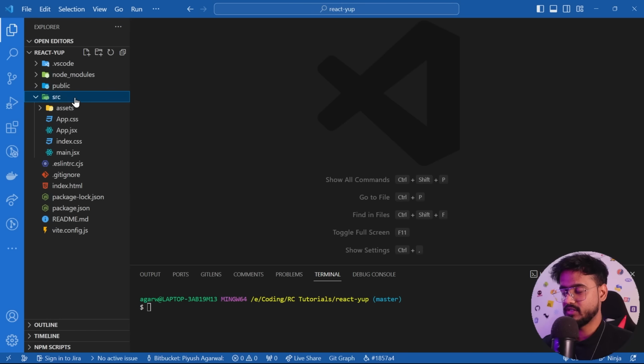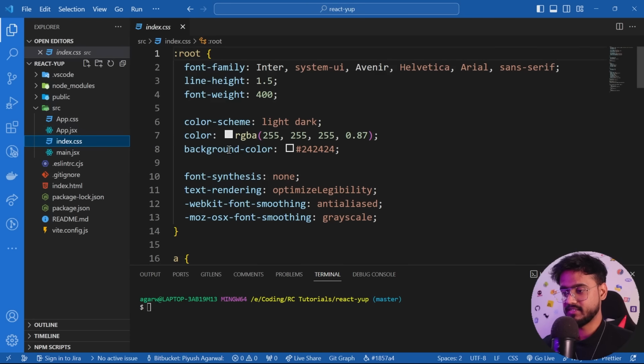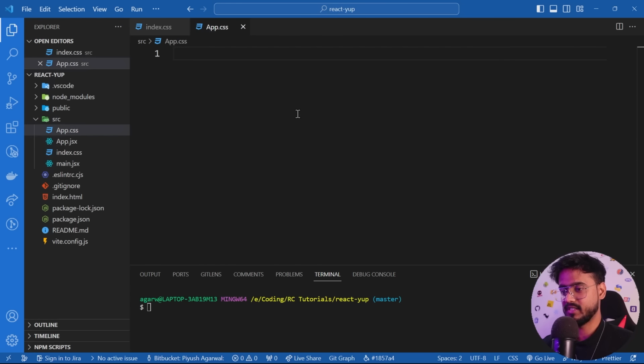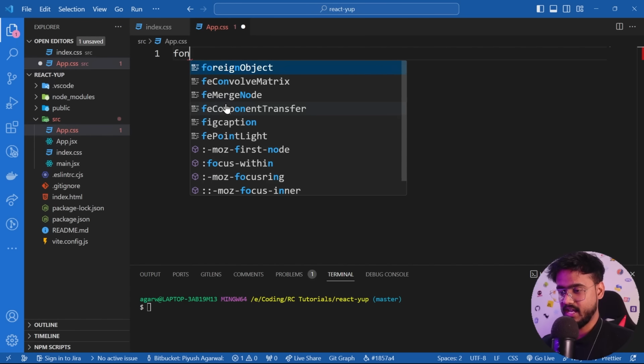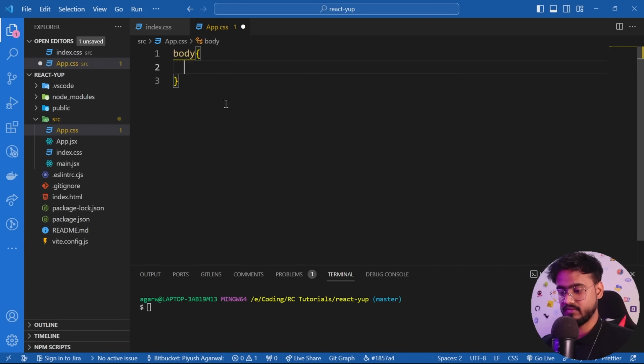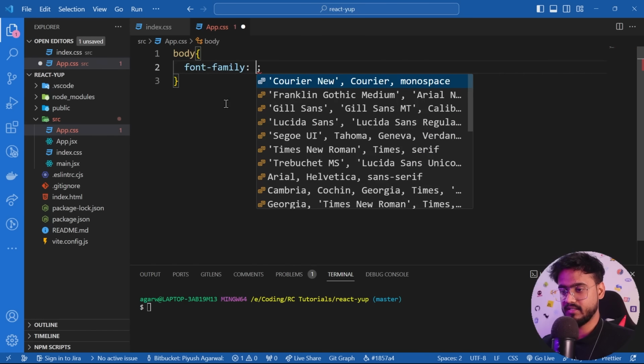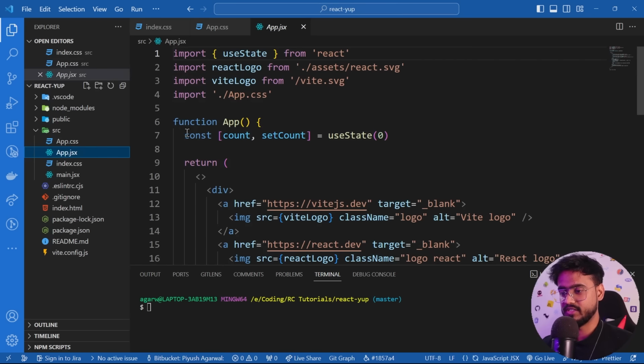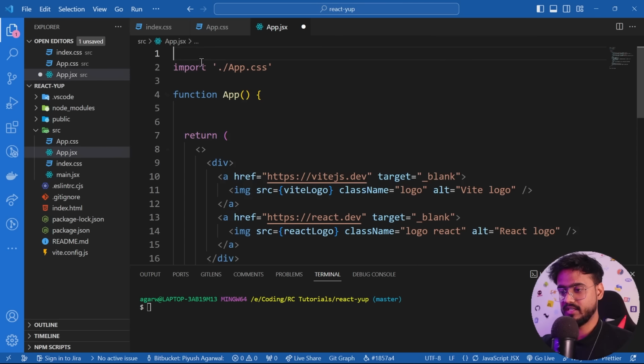Okay, there we go. Now I'm going to go inside of our src folder and remove the things that we don't need, like this assets folder. And inside of index.css, I'm going to remove all of the styles. Inside of App.css, I'm going to remove all the styles and just add a body style of font family sans-serif. And inside of App.jsx, I'm going to remove this state, all of these files over here, and